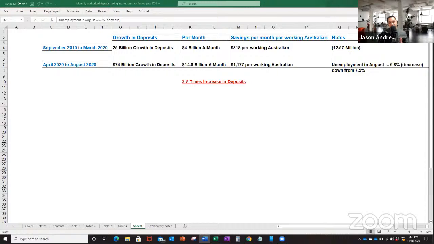More than half of working Australians are apparently unable to survive for a month without a salary, and 2 million are actually living day to day. So JobKeeper has been good in keeping the economy afloat at the moment, but once that wanes off, what's going to happen? Now's the time that you really need to start thinking and getting the right habits in place in order to maintain that savings capability.